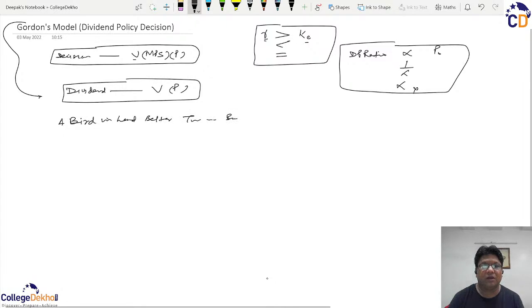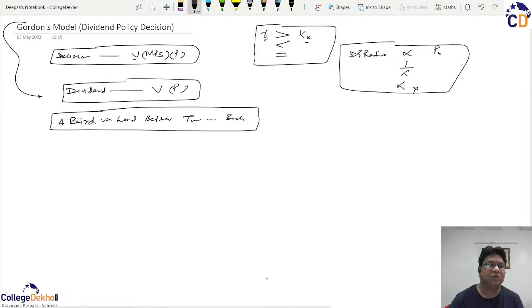मतलब कि अगर आपको दो दो मुर्गे मिल रहे हैं लेकिन वो मुर्गे आपको जगह पकड़ने पड़ेंगे झाड़ी में से, और इसकी जगह अगर आपको एक मुर्गा हाथ में कोई पकड़ा के दे रहा है तो वो एक बर्ड है, जो आपका असेट है जो आपके हाथ में है, जो आपको बेनिफिट देगा फ्यूचर में, वो कहीं ना कहीं ज़्यादा बेनिफिट है उन दो के मुकाबले, because this bird in hand is less risky, whereas there is a risk that when you want to get two you may end up getting nothing.